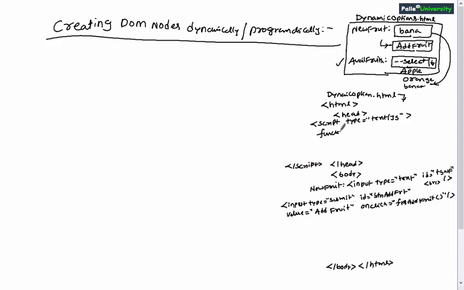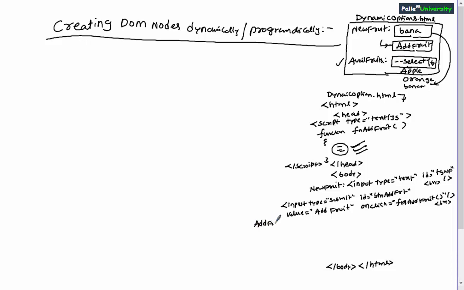Inside that you will be writing function fnAddFruit, and whatever the code is required for adding a new fruit into the drop down list, that code you will be writing inside the JavaScript function. I will be talking about this code later. Okay. Similar way, after writing the HTML content like this for creating button control, obviously you will be writing br tag, and we must write the code for creating the drop down list and add fruits.